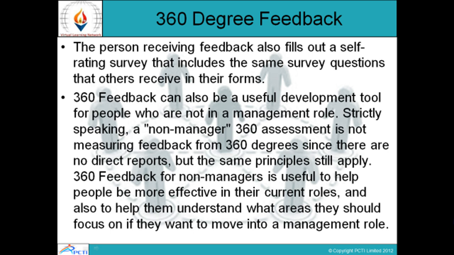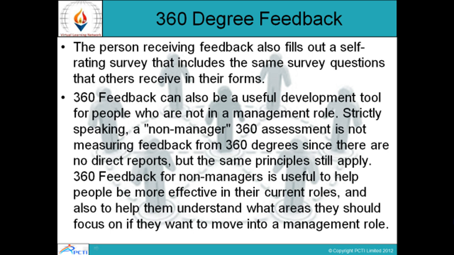A 360 assessment is not measuring feedback from direct reports in that case. So sometimes it is the actual picture of the 360-degree feedback that it is not actually done in a 360-degree scenario. Direct reporting was not there, or we can say that people are not ready to give feedback very quickly. So in that case it is for non-managers, and 360-degree for non-managers is very useful to help people be more effective. Those who are not managers must have good 360 feedback, and they get good